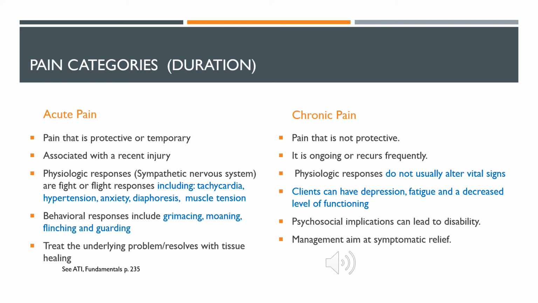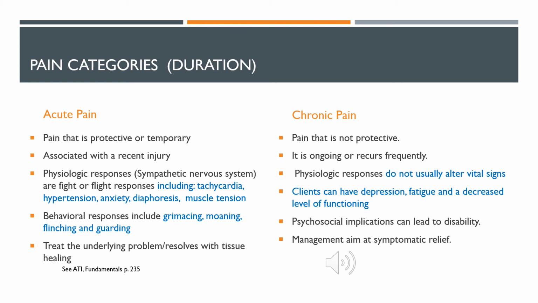What I mean by protective is, let's say your hand is on a hot stove, and your body is identifying it's in pain. So your brain tells it to pull your hand away. So this acute pain is trying to protect the body, protect yourself. It's usually associated with a recent injury, and once that injury is treated, the problem is treated, and the tissue starts to heal, that pain will go away,